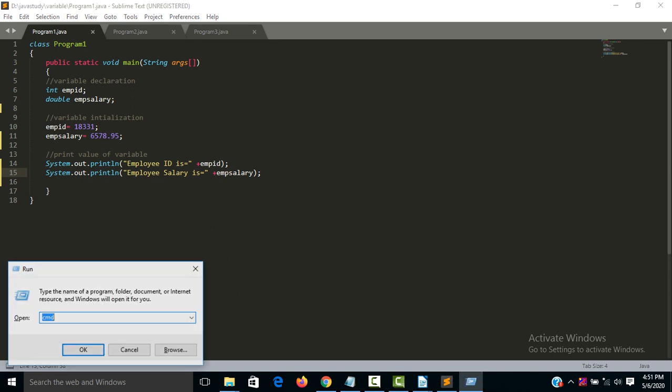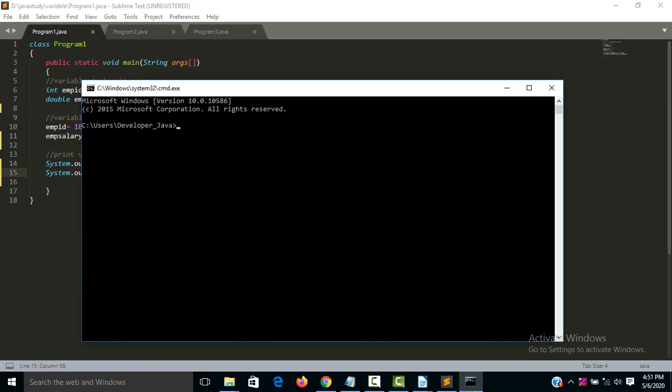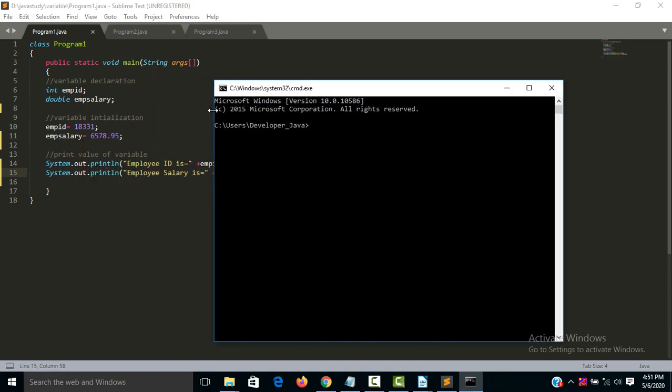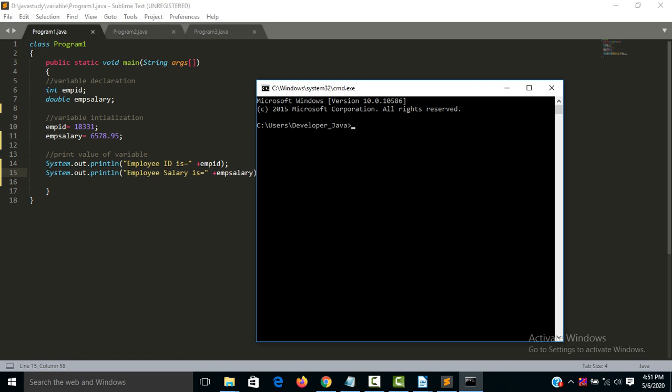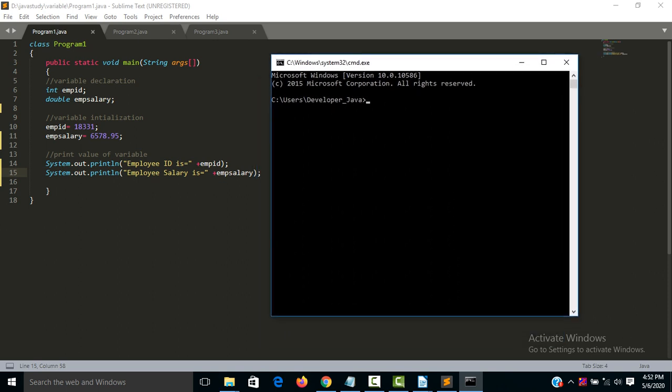After the command prompt, we go to the drive, java study, variable folder.